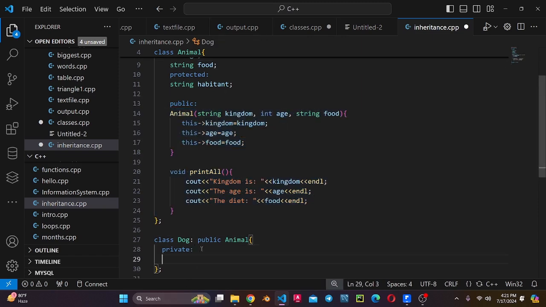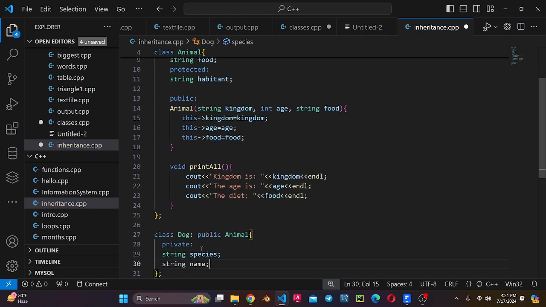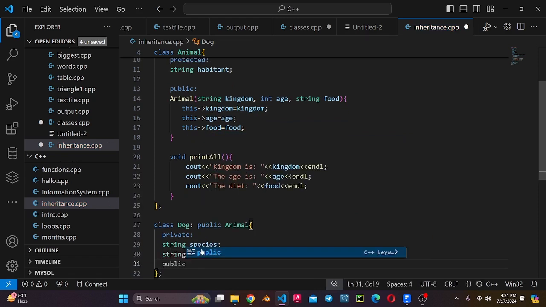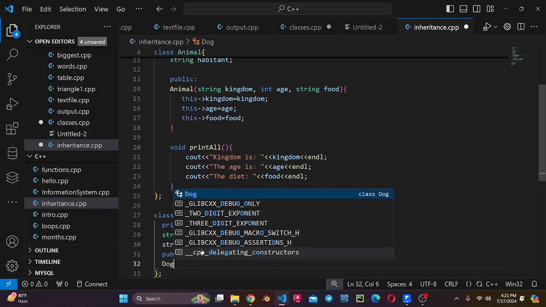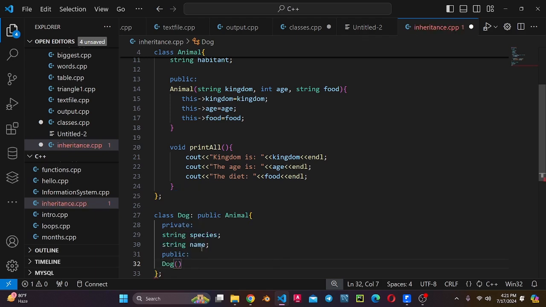So you can make your own private things. Let's say private variables. Let's say string species, I don't know. Maybe I'd like to give it a name. And in public, we can make a constructor. It's going to be dog, and it's going to have